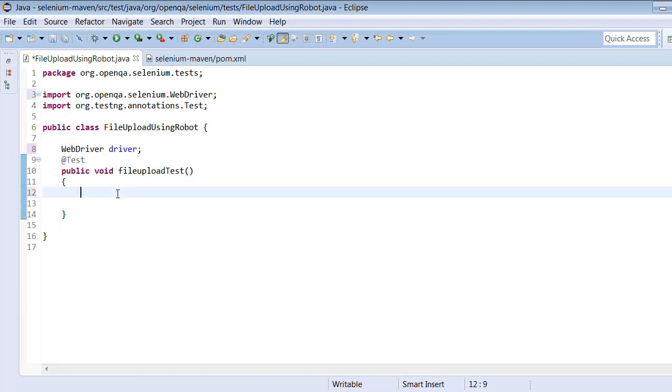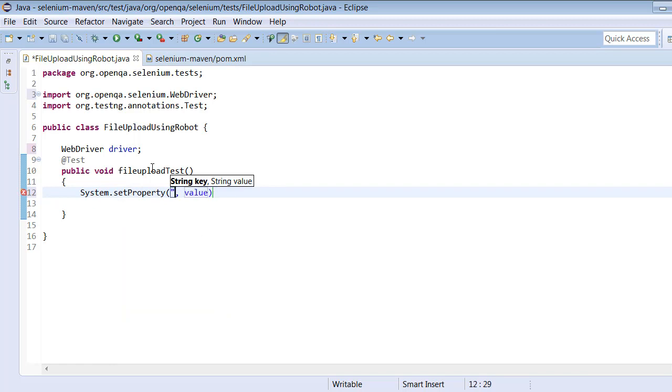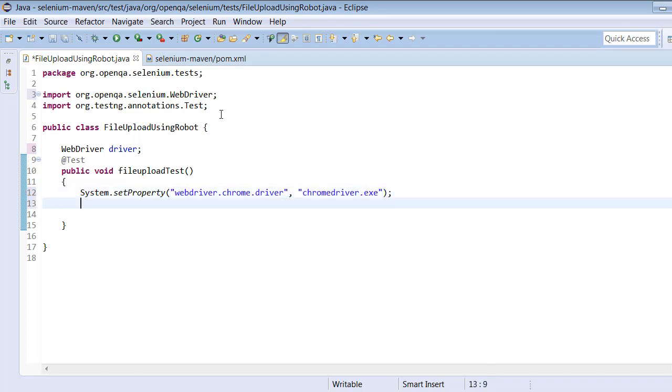Now we say System.setProperty to set the executable file, ChromeDriver.exe, because we're trying to launch a Chrome browser. So we need a Chrome driver executable file here. Then driver is equal to new ChromeDriver.